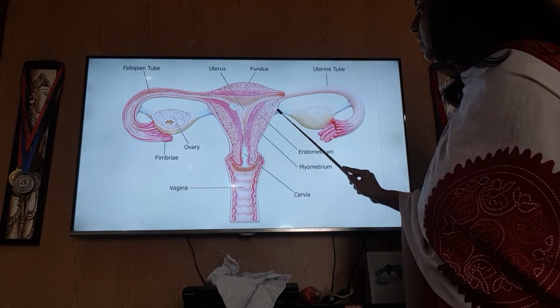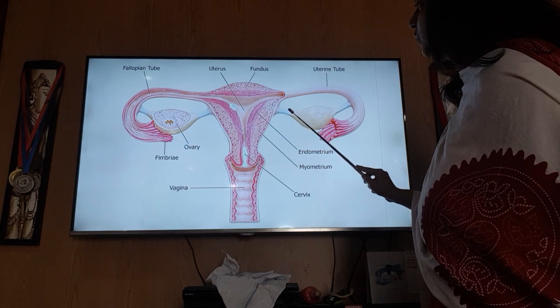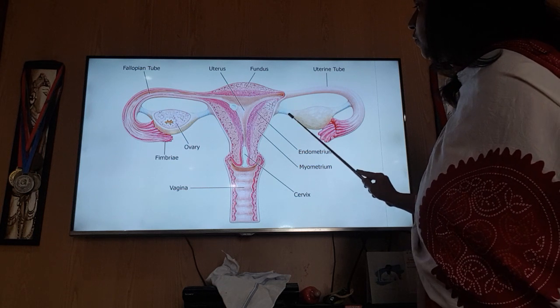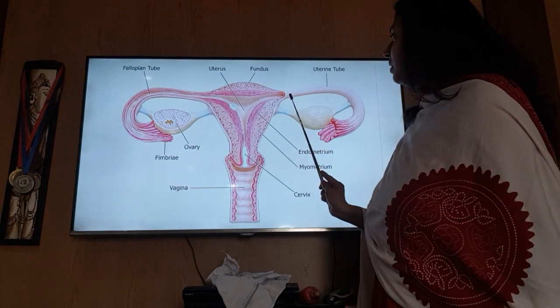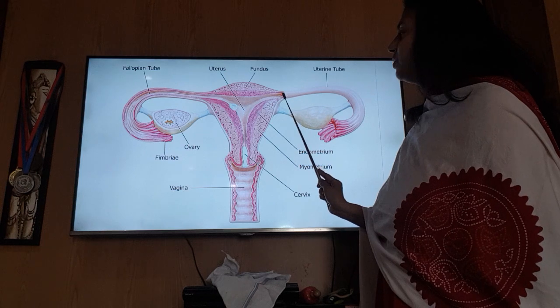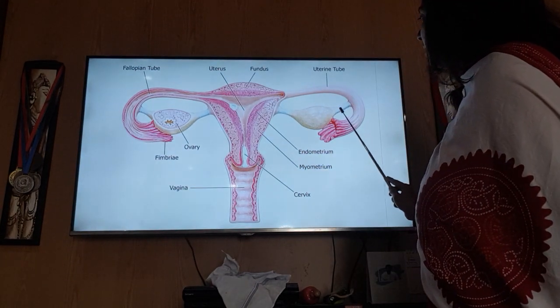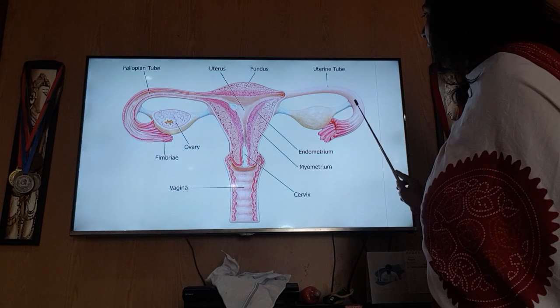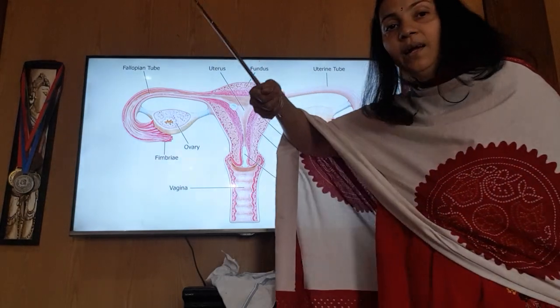So this ligament between the lower pole and the uterus is called the ovarian ligament. You can see it is just near the junction where the fallopian tube is also opening in the uterus. The other ligament is between the upper pole and the fallopian tube, and this is suspending, it is holding